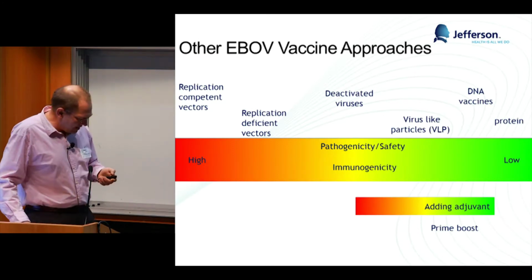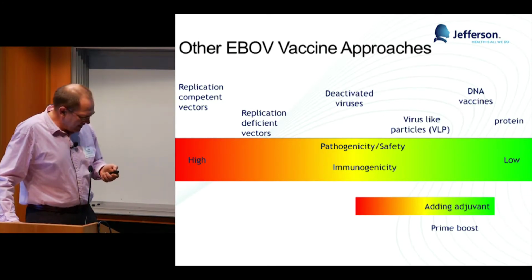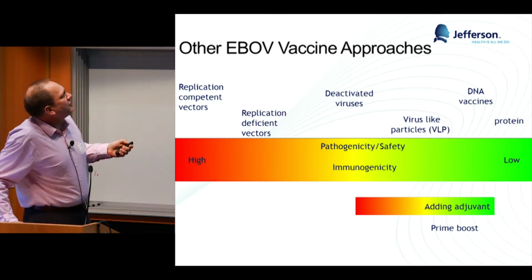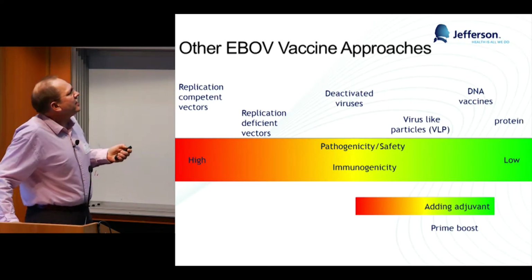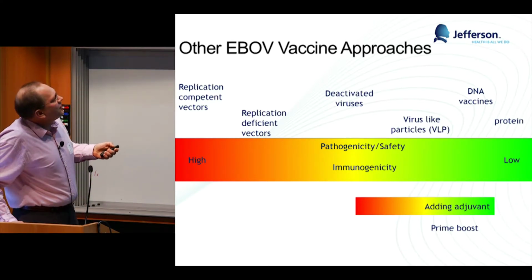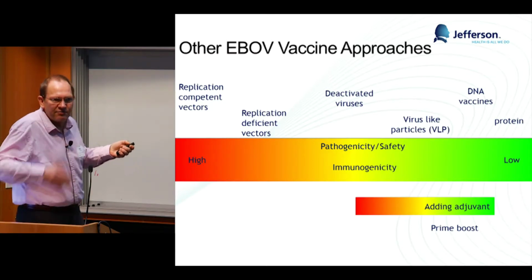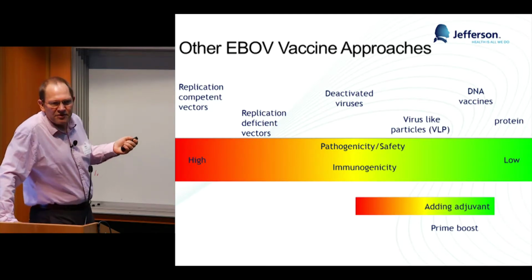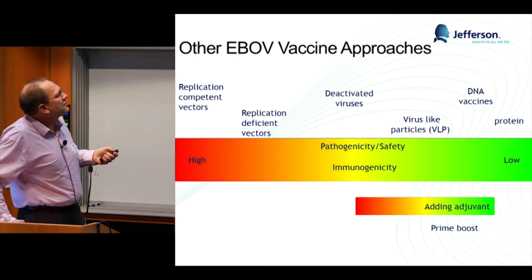So in general, for vaccinology, the general slide is that's our problem here. So you have replication-competent vectors. They are normally really immunogenic, right? Replication deficient, they are less so. Because they can spread within the host and they keep on spreading until they are cleared, they're normally good vaccines. Mumps, measles, rubella is an example for replication-competent viruses which work well.